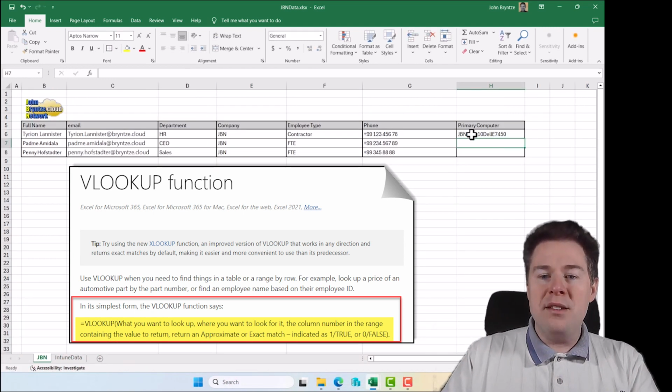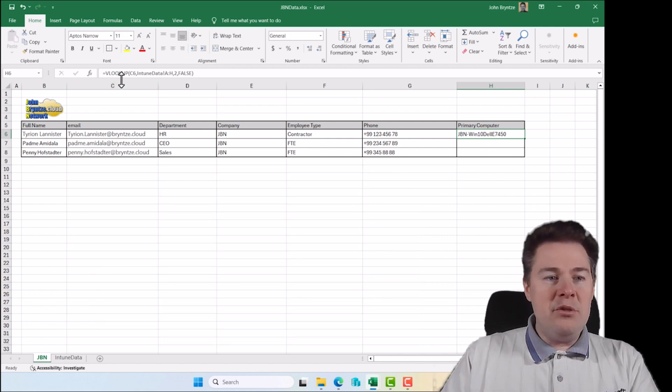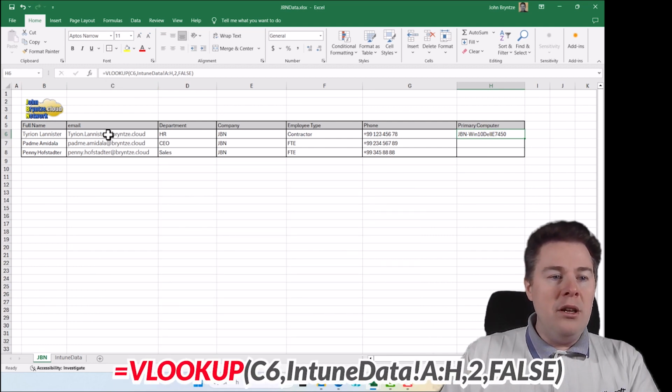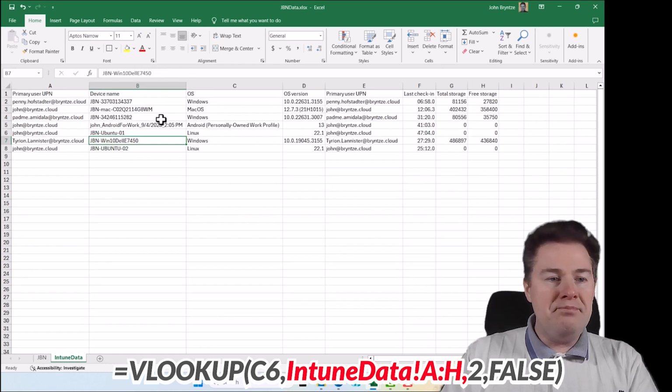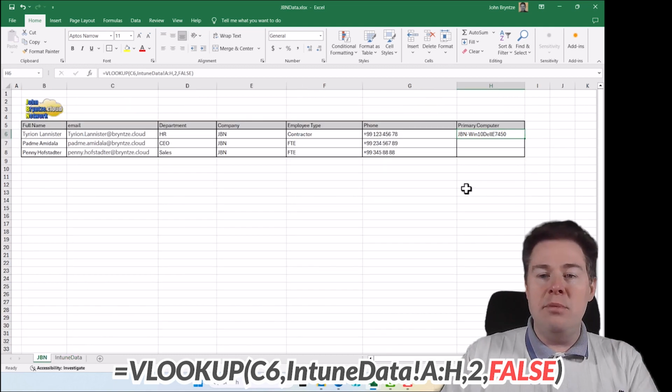And we do. So I do a little recap here. So first we did VLOOKUP. We look at C6, this value, Tyrone Lannister. Then we say, where should we look at that? Well, in this sheet here, Intune data from A to H. So we go here, A to H. If we find Tyrone Lannister, then we say, okay, where should we go? Should we take the first or second or third value? Well, we say second value, which is this one, and then